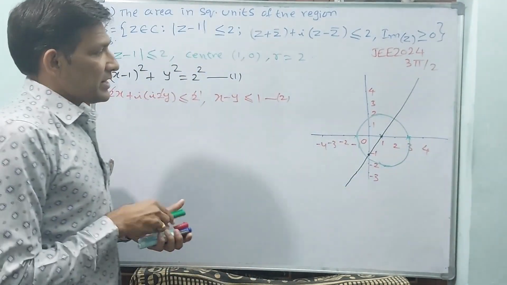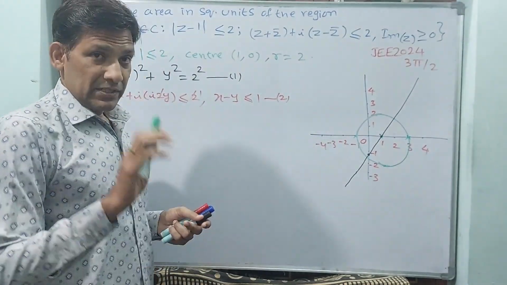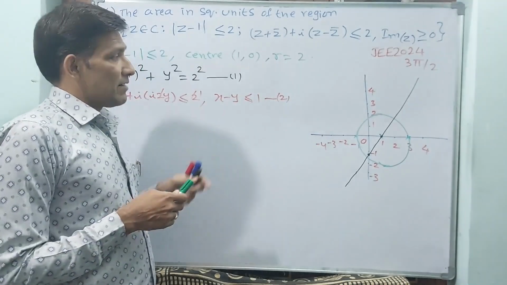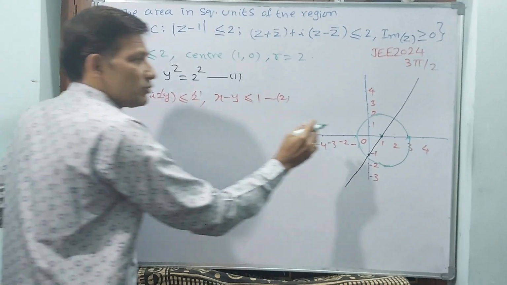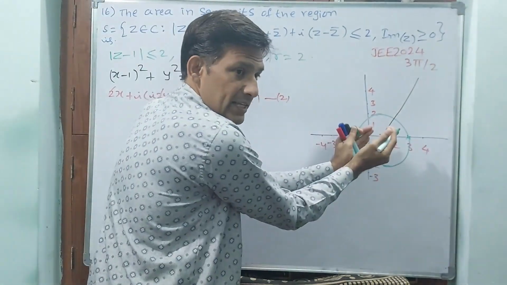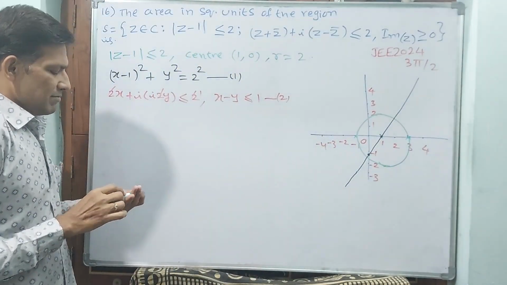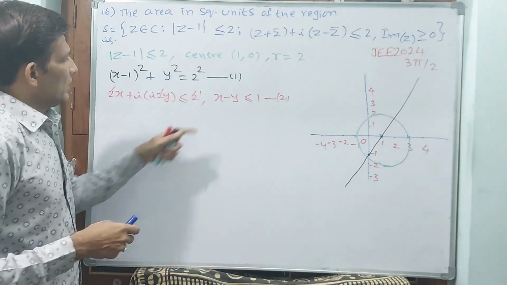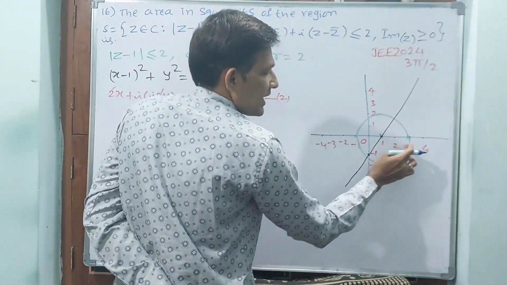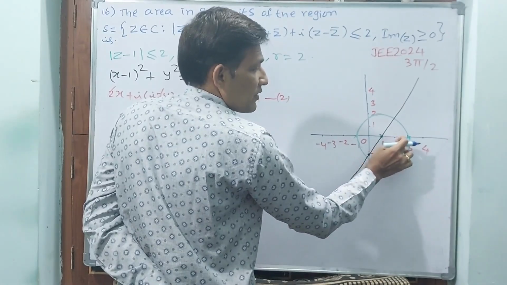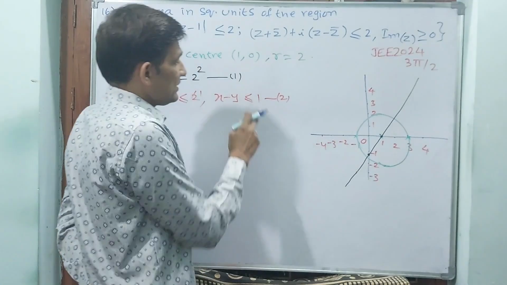Now you tell me which area you have to take here. First of all, x minus y is less than 1. See, modulus of z minus 1 less than or equal to 2 means inside only you have to take, inside the circle. All inside the circle we will take, that is not a problem. Another thing, x minus y should be less than 1. If it goes this side, x minus y is greater than 1, after 1, 2, 3 like that it is coming. But inside, up to 3, we should not take that. Why? Because less than 1 you have to take.